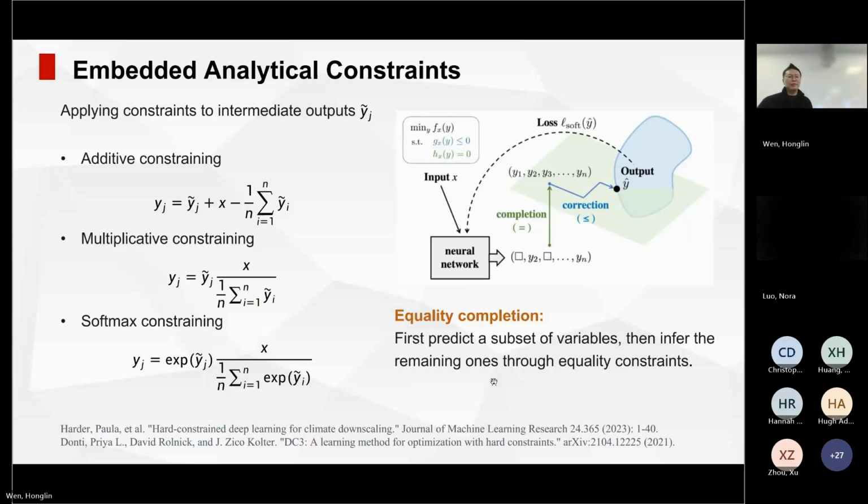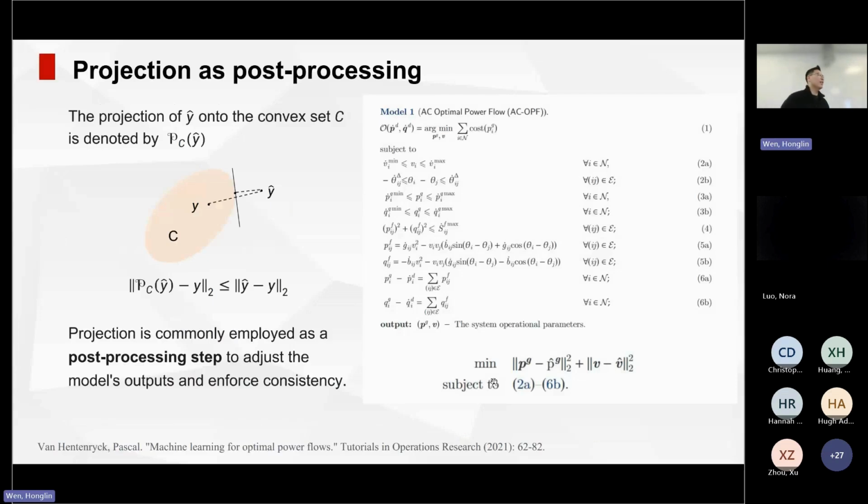But let's say if we think about it more broadly, we have some equations and some inequality constraints to enforce. How should we do it? If we just use an AI model off the shelf, the outputs might violate the constraints, right? But after we get the predictions, we can easily adjust them to the feasible space, right?